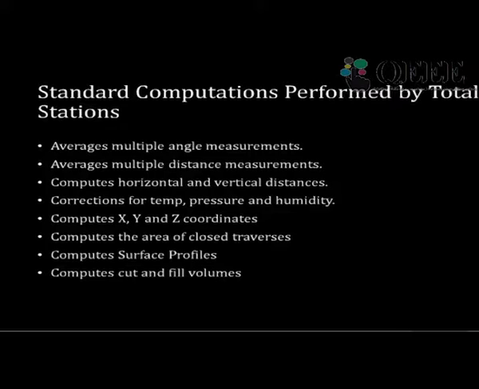Sometimes if you want very accurate and precise measurements, you need to apply the corrections for temperature, pressure and humidity also. The reason is the total station might have been manufactured for specific standard conditions, but if your survey location is at very extreme conditions, very hot or very cold, there will definitely be temperature, pressure and humidity changes. Those also will affect your measurement accuracy. To account for that, if you have the field measurements of the temperature, pressure and humidity, they can be incorporated in your measurements. But it is needed only for very accurate surveys of geodetic grade.